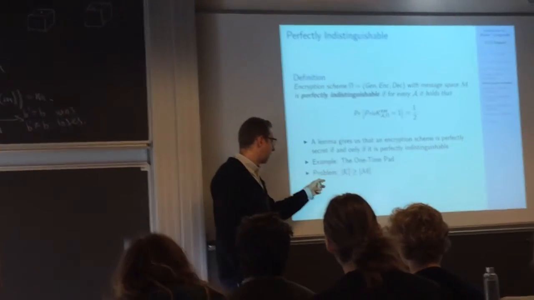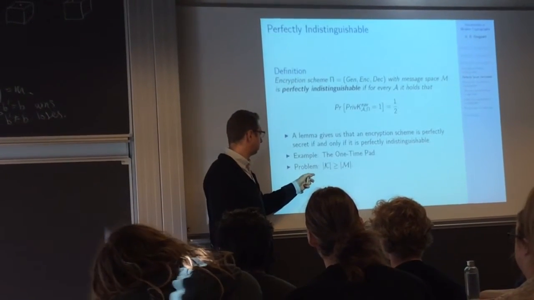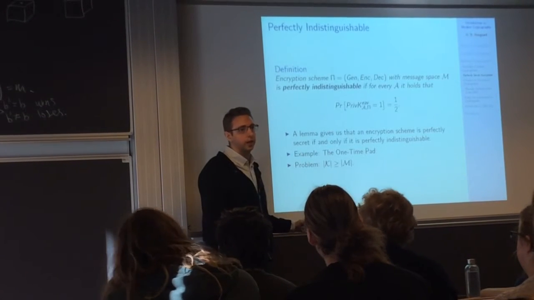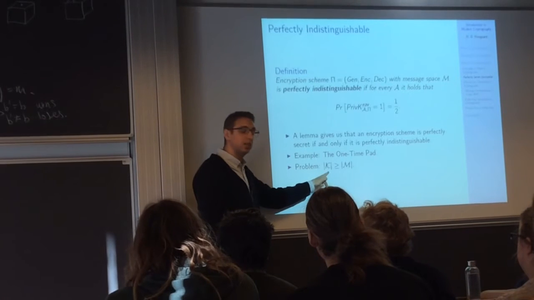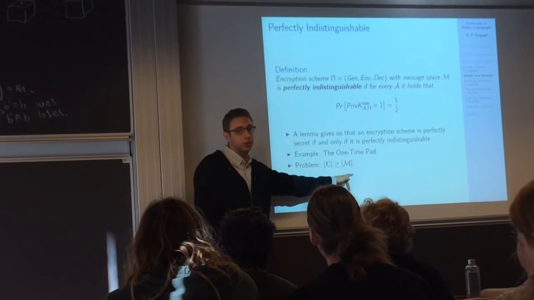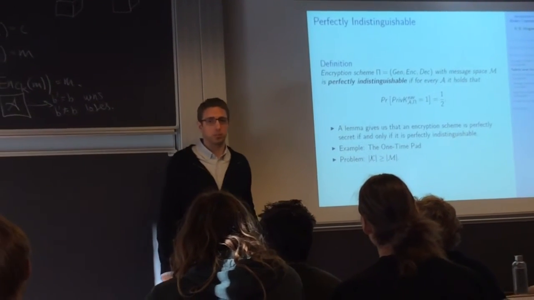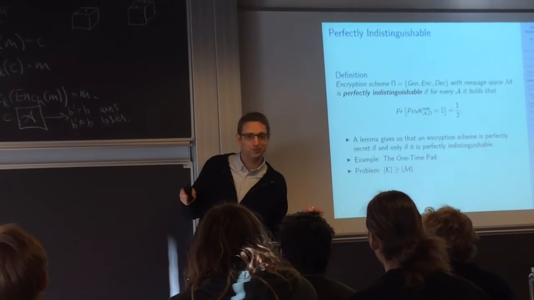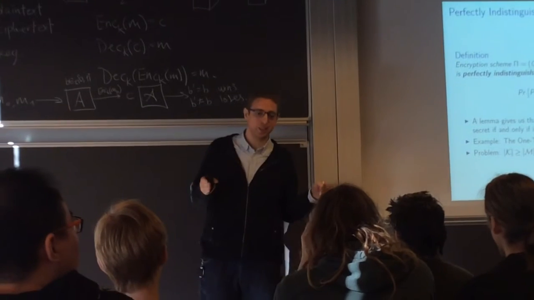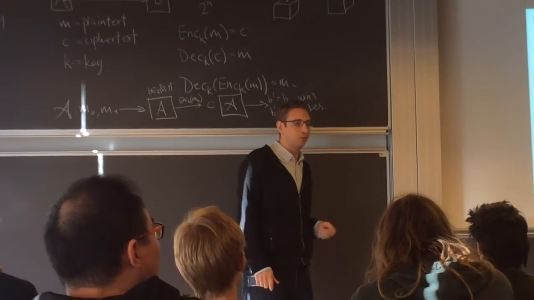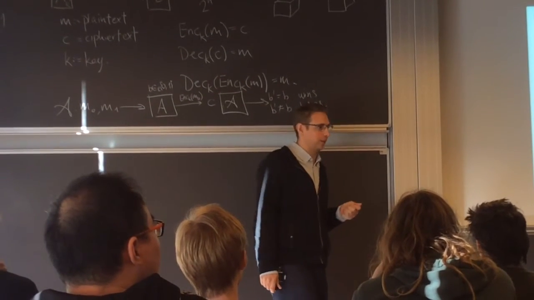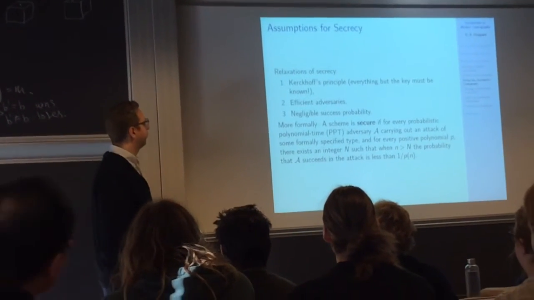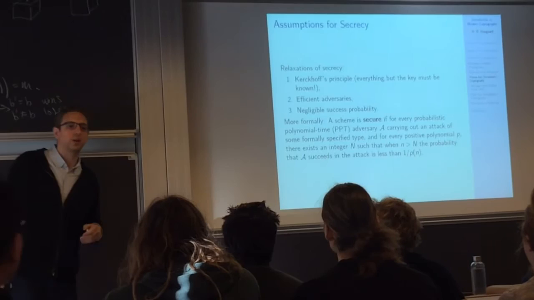And we also have Shannon, who in his theorem basically states that if you want perfect secrecy, you're going to need a key space which has to be greater than or equal to your message space. And this is a problem, because you need random strings. Those are difficult to procure, and they're really expensive to make, actually. And if you have a large message, you're going to need a large key. So that's a problem.